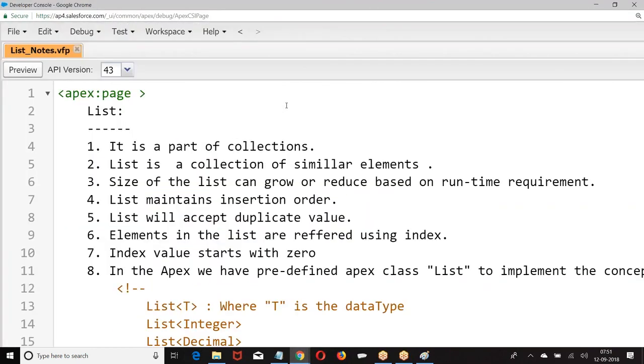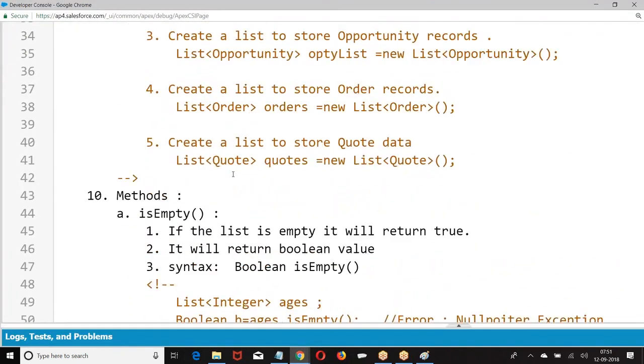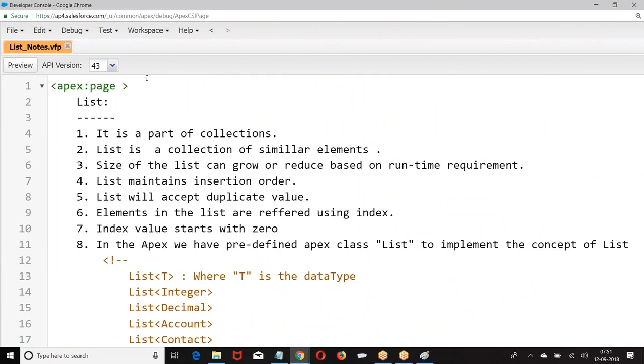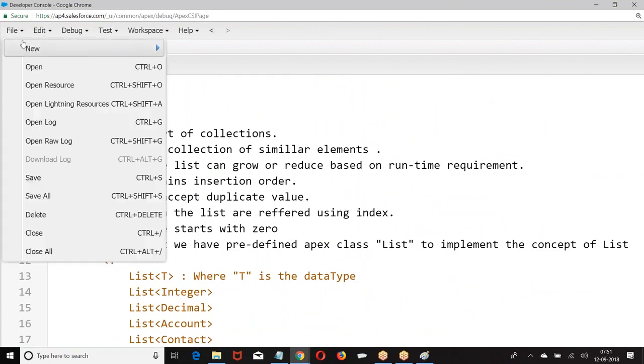Basically, I will be using this in batch Apex, but try to understand the concept. Slightly complex, but try to understand this.